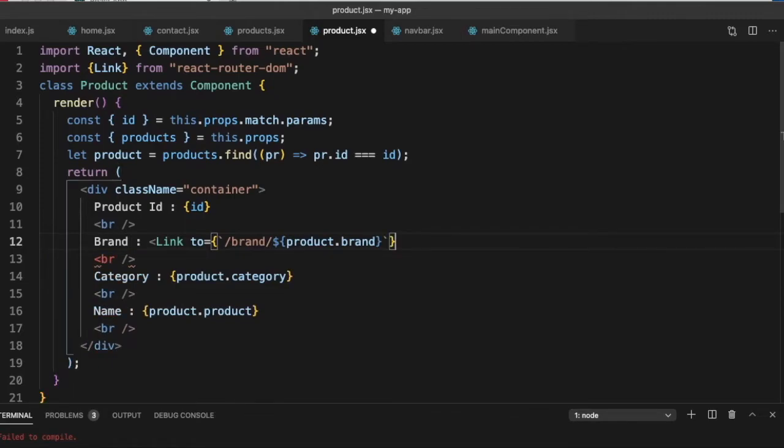So the to is done. And now what is the value we want to show? product.brand. So exactly the same way. Similarly, let me create the link for category.